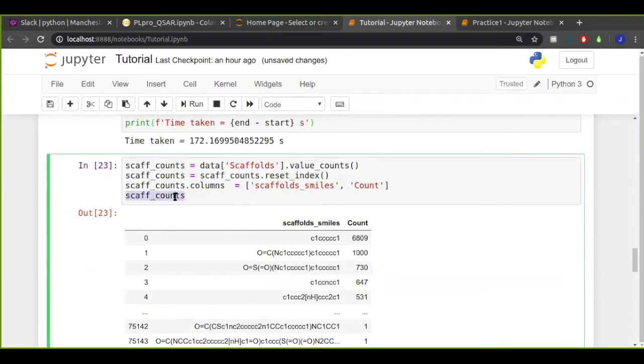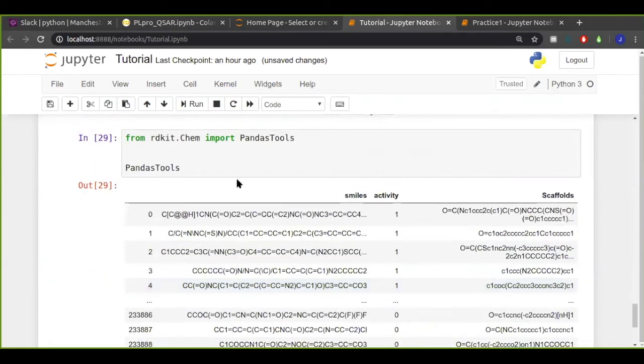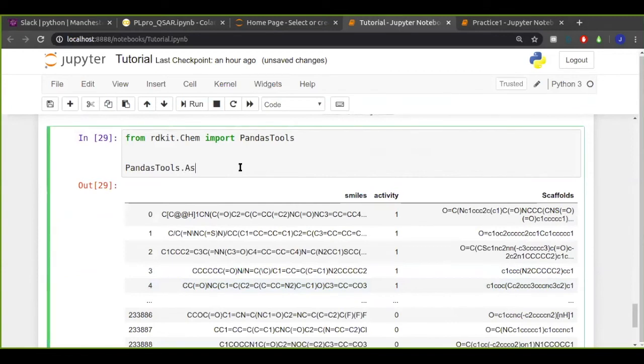Let's go for scaffcounts. So PandasTools contains this function called AddMoleculeColumnToFrame. And one of the arguments that you give it is the data frame in question. And it's worth noting that it updates the data frame in place, so you don't need to say data frame equals and then this function.